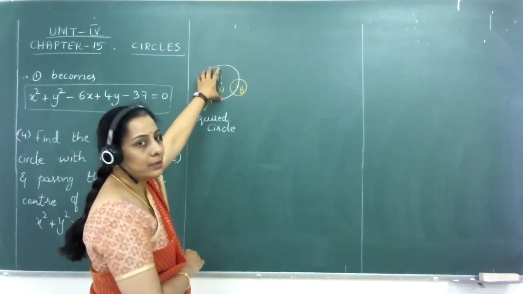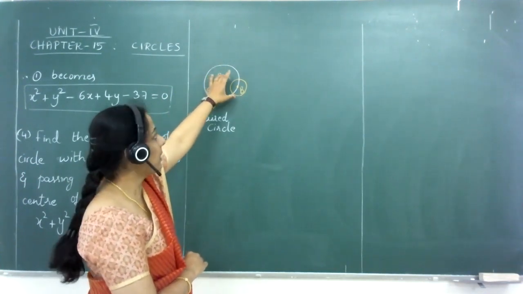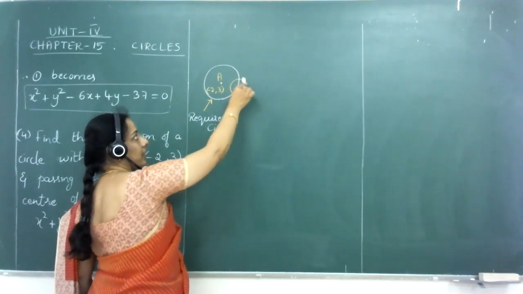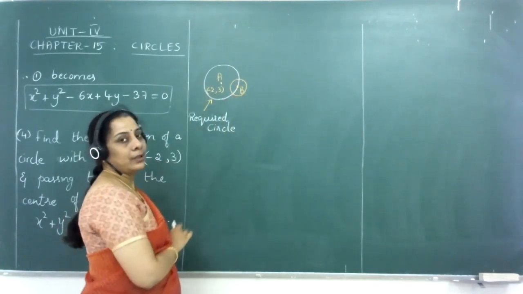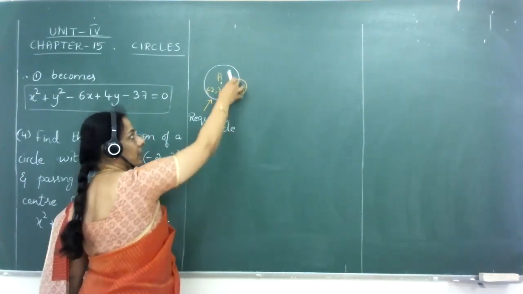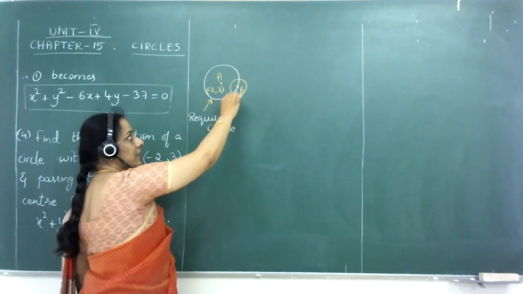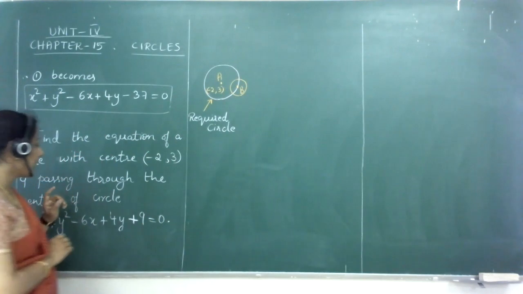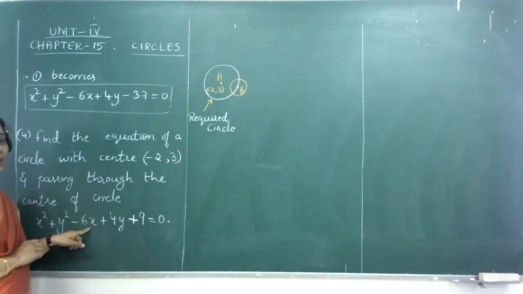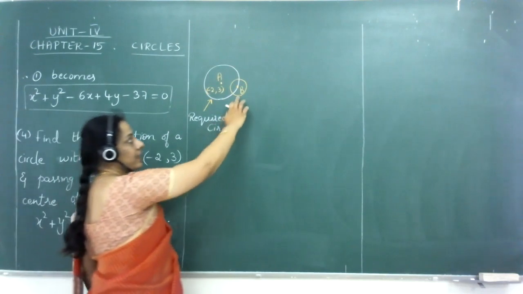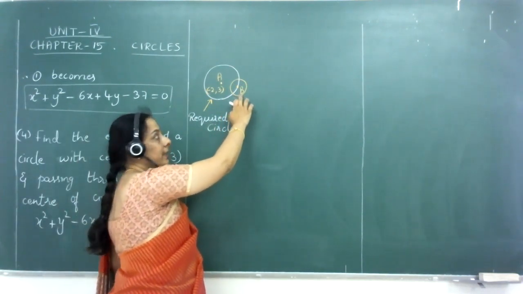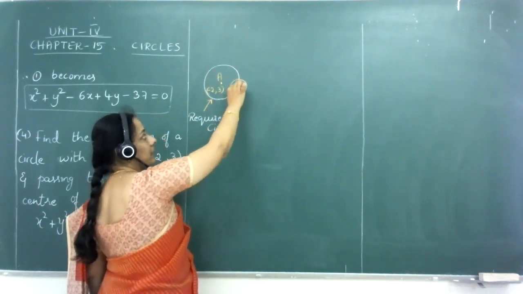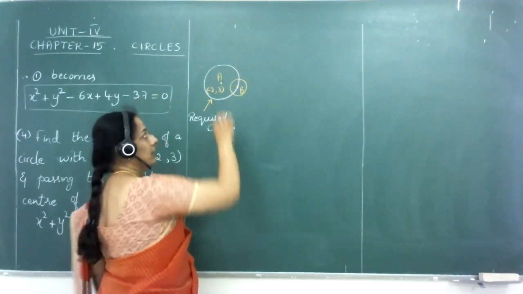Now this circle whose equation is to be found will be passing through the center of another circle. So there is another circle here. For your reference, I have drawn it in this orange colored diagram. This circle's center is at the point called B. And the question says the required circle will be passing through the center of the second circle. So that second circle is the smaller one here. Center of that has been considered as the point B. Now the required circle will be passing through the point B.